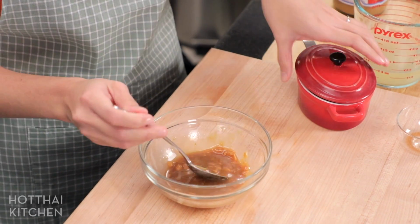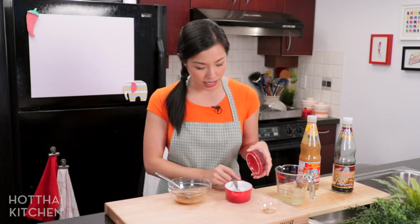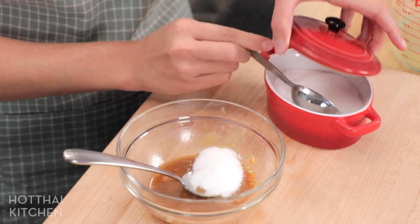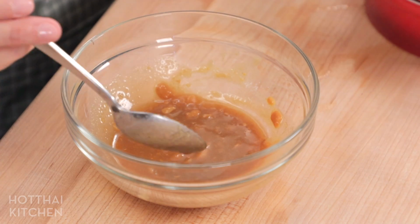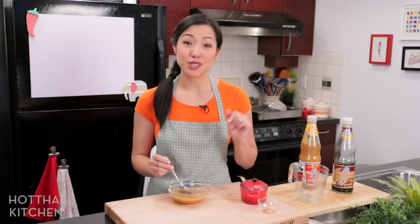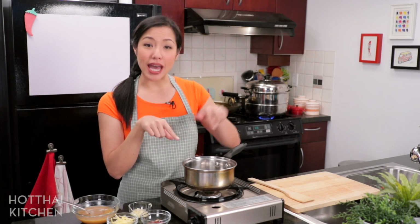Now, what we have in the bowl right now is very salty. So I really need some sweetness to balance it out. Sugar, which looks like a lot, but trust me, you will need it. And to thin this all out, chicken stock, unsalted. You can also do vegetable stock or just water or fish stock. That's pretty much it. Alright, so I'm going to finish the sauce on the stove now, and in the meantime,